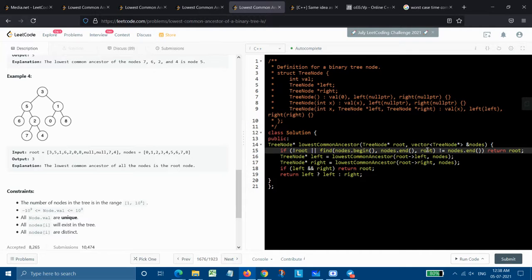Basically, this sorts out the second example, in which we were given a single node and were required to return that node only, not null. And if the whole tree is empty, then we need to return null, right? So that case is also handled in this line of code only. Basically, at this line of code, we handle two cases.